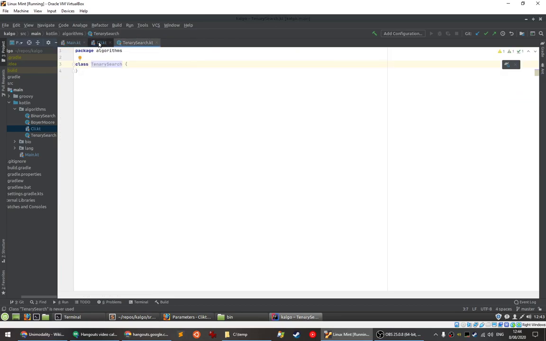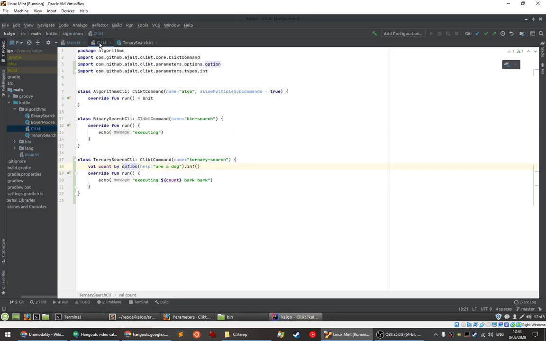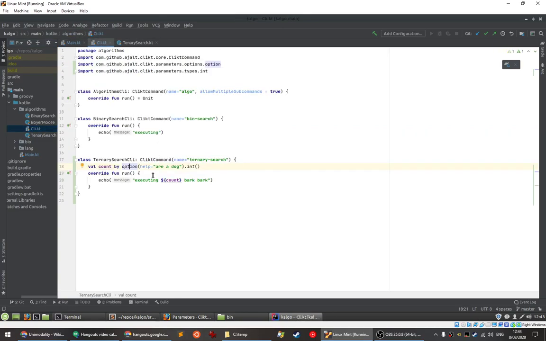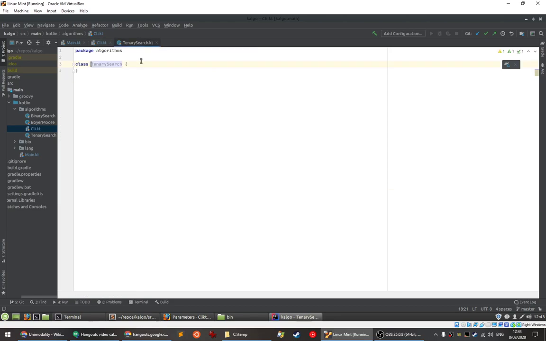So just organizing things. There's our main. There's our algorithms main. There's our ternary search. So our algorithms main is going to instantiate this ternary search, which will have our sealed classes to do the work. Maybe let's call it a ternary search builder or something, and that's the sealed class that has the superclass, and then the subclasses. This is a sealed class. Yes, that is a sealed class. Then we'll have recursive and iterative as the